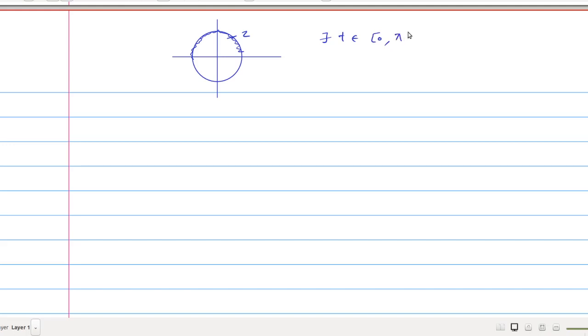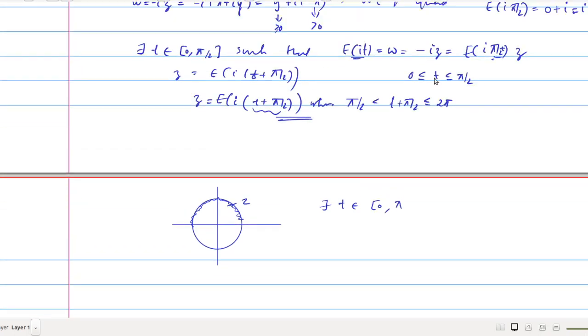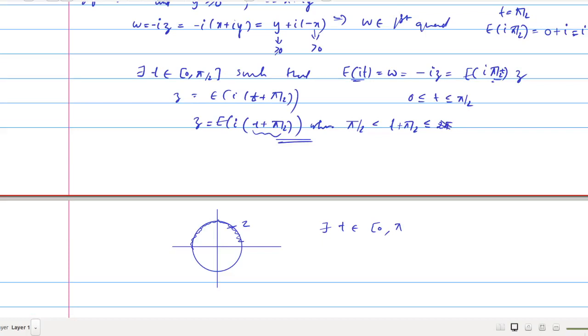So now we have proved that whenever we consider the unit circle, and if we choose any point z from this part, we can get t which belongs to this interval 0 to pi. We already proved that this value is in between. Also, this is not 2 pi, this is in fact pi by 2 plus pi by 2. So this is pi. This is not 2 pi.